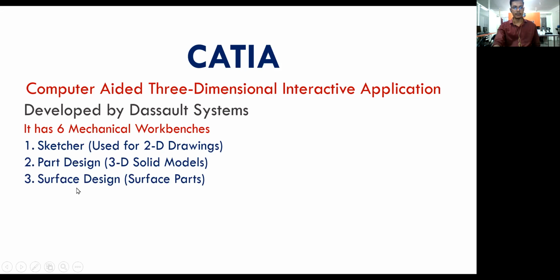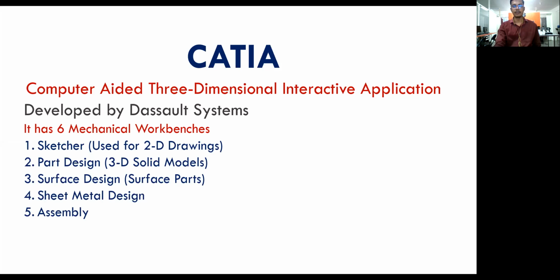This is very important in CATIA. By using surfaces, we can create a number of car bodies and car designs, or aerospace. The aerospace industry uses CATIA heavily, as it is purely based on aerodynamics. The next workbench is Sheet Metal Design. In this, we create parts with a constant thickness throughout the area by assigning bending, cutting, and stamping operations on it.